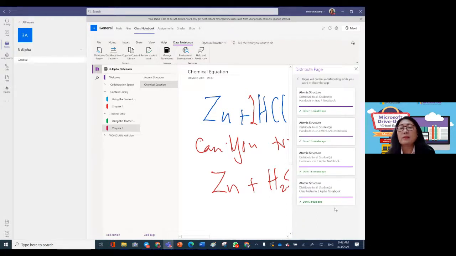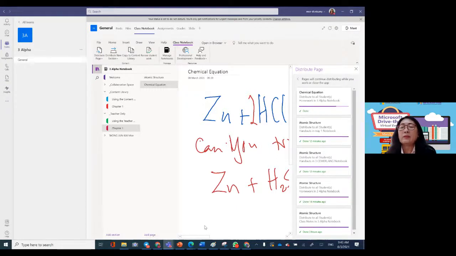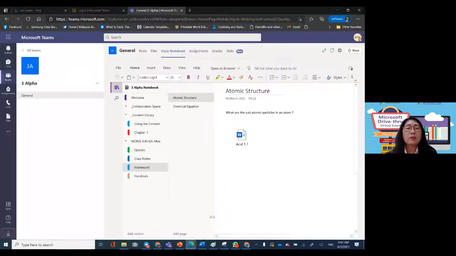So it's loading. Chemical equation done. Done means settled already, and the student successfully received it. So if I'm a student, when I go home,